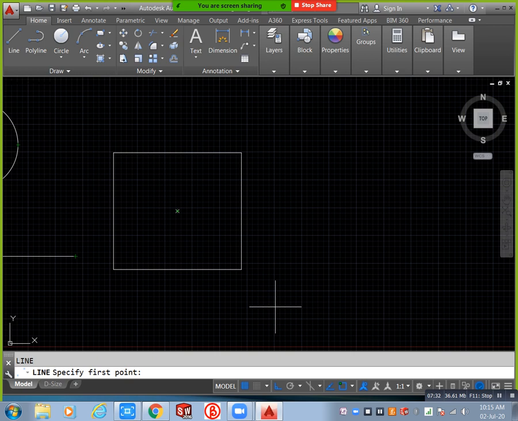In that type of situation, go to this endpoint here. After that, move the cursor straight from that endpoint, and automatically you get one green color line. That is called object snap tracking. Based on one object you can prepare one more with the same line or same alignment. Now you can get the same alignment.